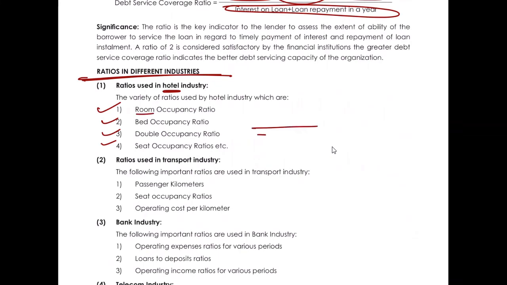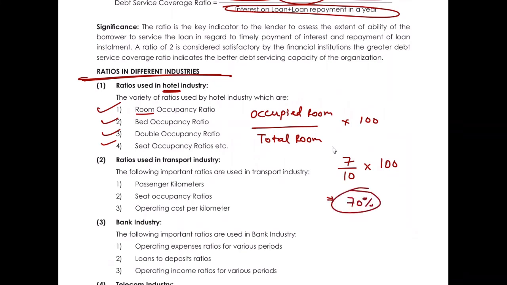So total rooms, and we have occupied rooms, multiplied by 100. So occupied rooms, let's say I have 7 occupied rooms, total rooms were 10, multiplied by 100. So I would say the occupancy ratio is 70%. The 70% of the hotel is full and 30% is empty. So you just need to apply your brain at that point of time and you can calculate any ratio you